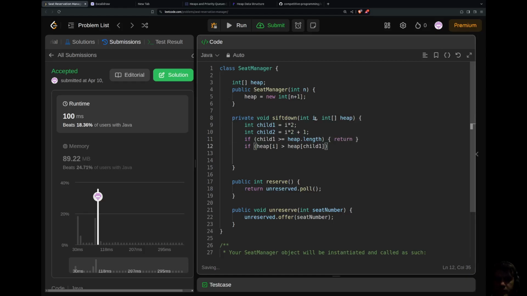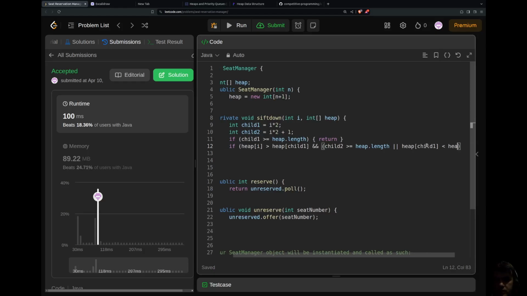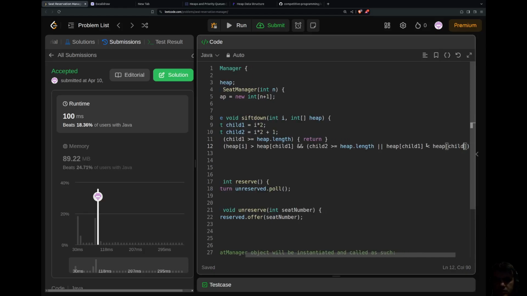If heap i is greater than heap child1 and child1 and child2 are greater or equal to the heap length, or heap child1 is less than heap child2,